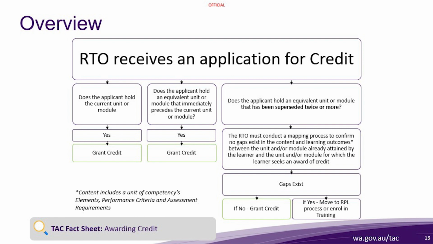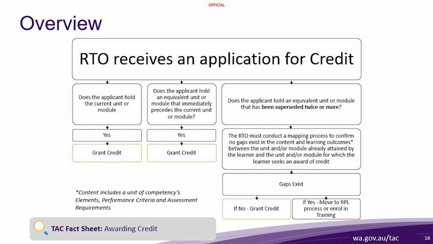And those two boxes and those two credit granting activities are both administrative. They do not require subject matter expertise because all the information you need is written in the current unit of competency, either by virtue of its title and code or by its mapping, which refers to a unit with a slightly different title and code because it's a previous version.